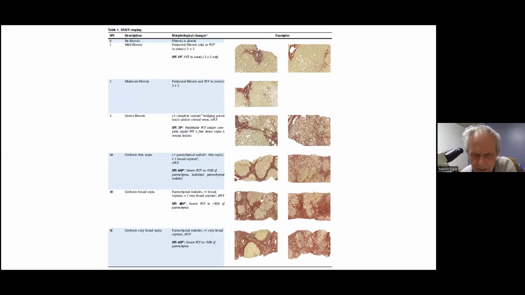The first is where the septa around the cirrhotic nodules are thin. That would be a 4A. Then there's a 4B, where there is a thickening of the septa into broader bands. And then there's 4C, where they're really broad bands of fibrosis. And I think this is really where a lot of this interpretation comes in, because you often see quite considerable variation whilst one is examining the length of a biopsy. Next one, please, Cheryl.